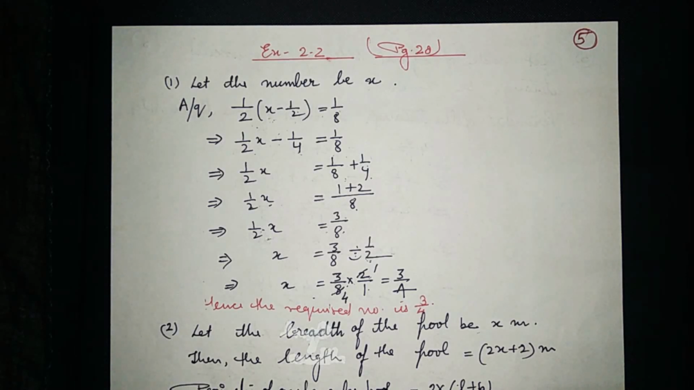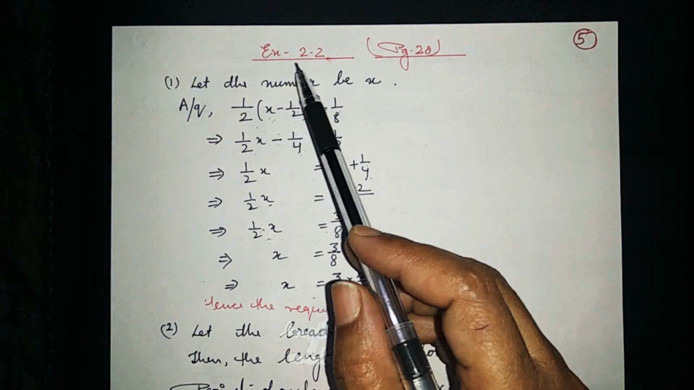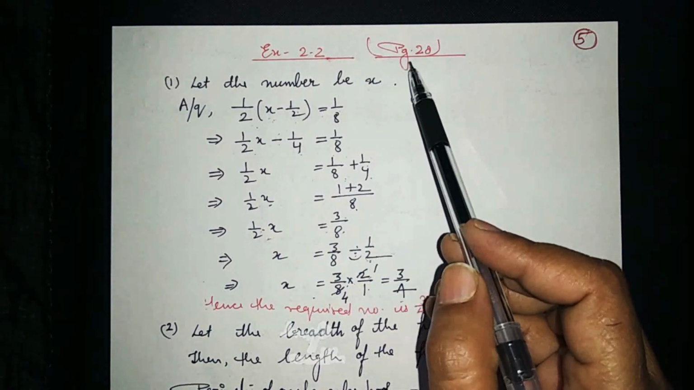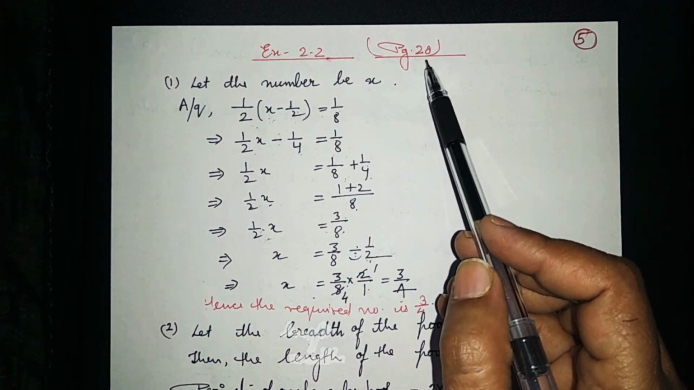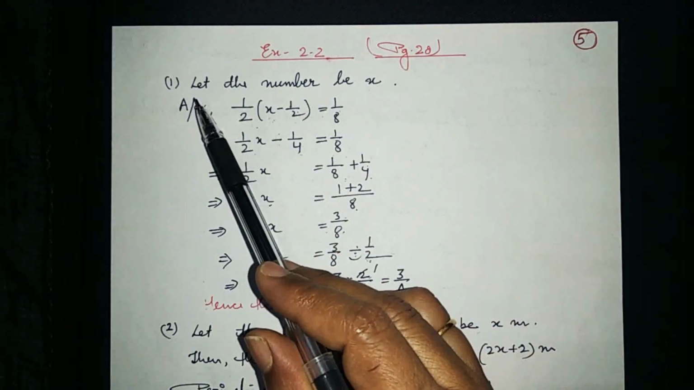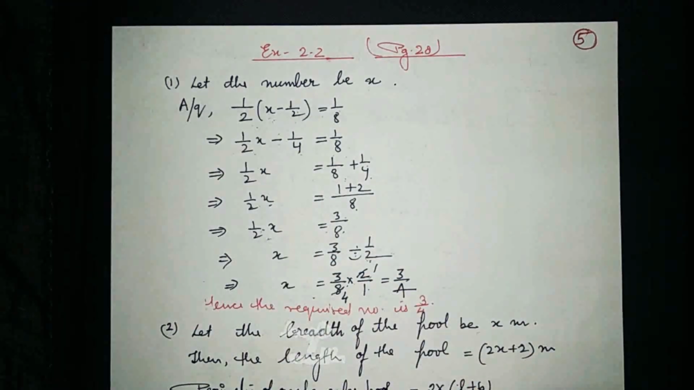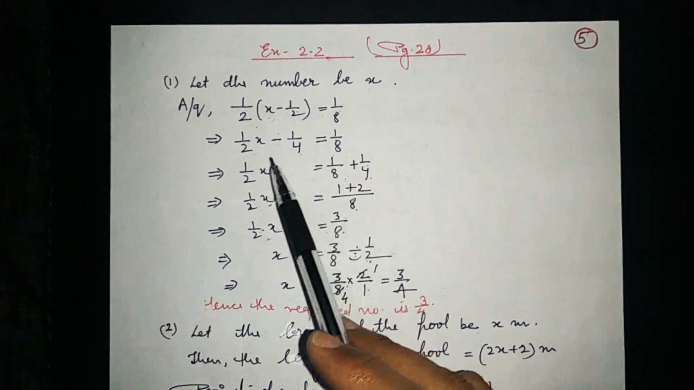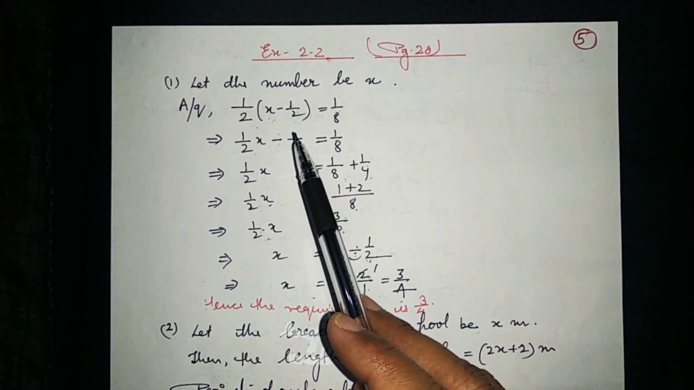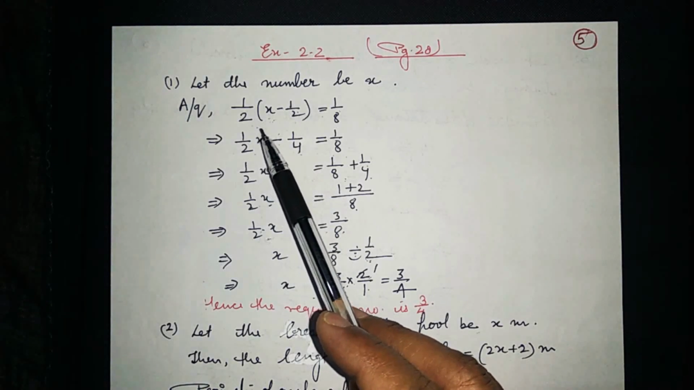Hello students, today we will solve exercise 2.2, page number 28. Now see the first question in your book. If you subtract 1 by 2 from a number and multiply the result by 1 by 2, you get 1